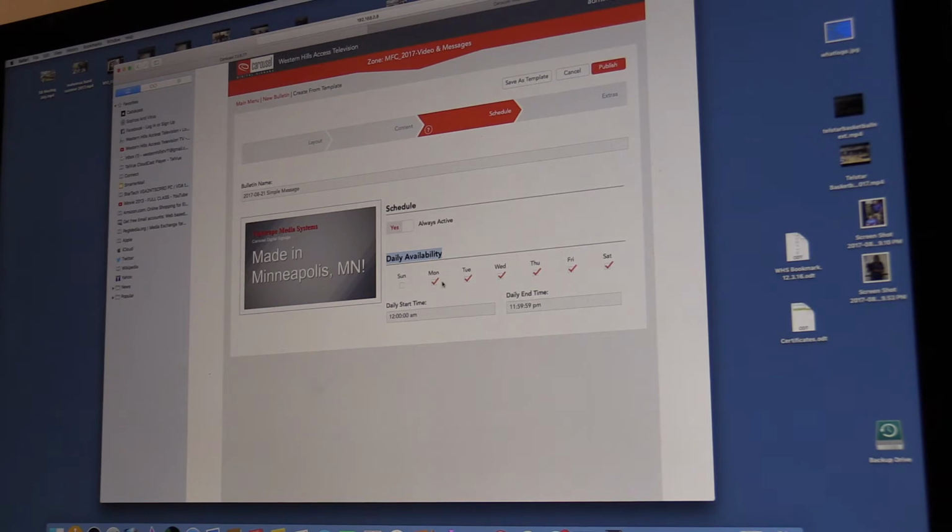Well, what we can do is uncheck all of our other days, Sunday, Monday, Wednesday, Thursday, Friday, Saturday, and now this bulletin is always going to be active, but it's only going to appear on Tuesdays. So you have that ability to really restrict and limit when you want specific bulletins to appear